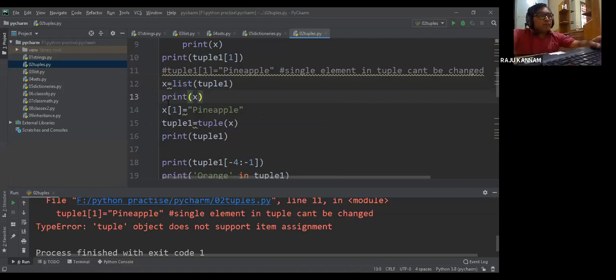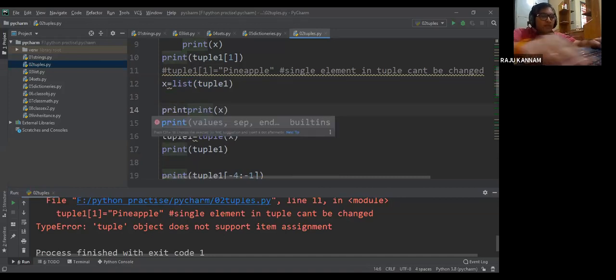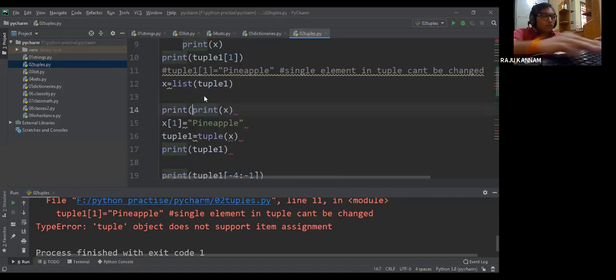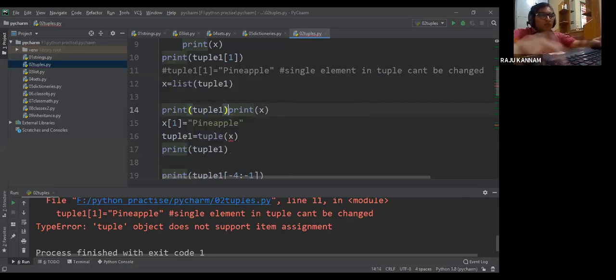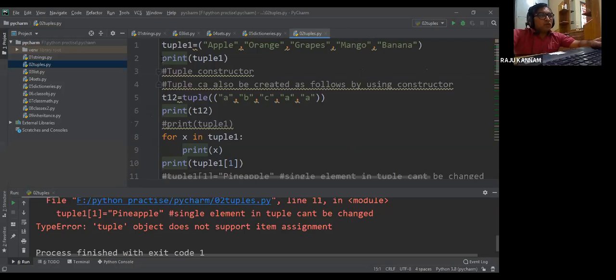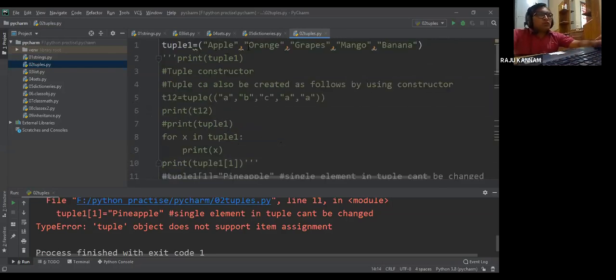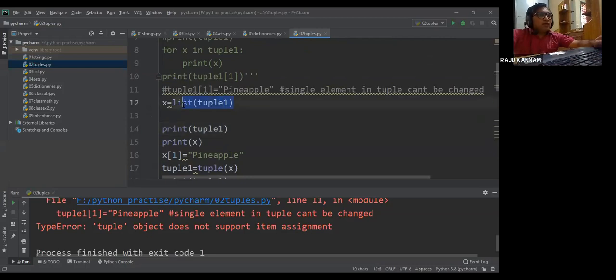I want to show you the difference between the tuple and the list, so I'm printing both. Of course, all these other things I don't want, so I will comment them out to avoid confusion. So this is tuple 1, and I have converted tuple 1 into a list and stored it in x. I'm printing tuple 1 as well as x.